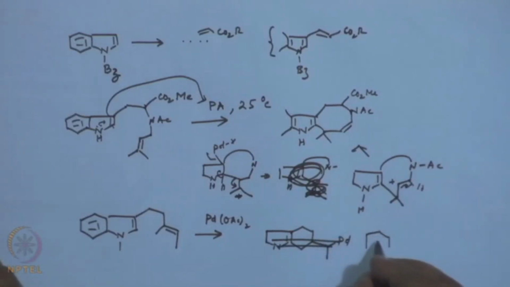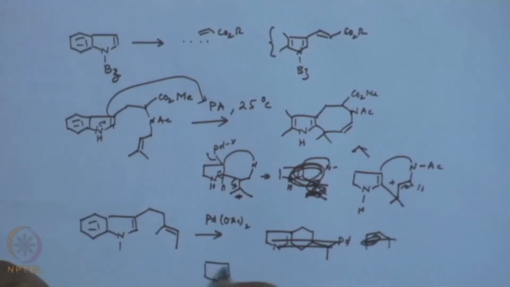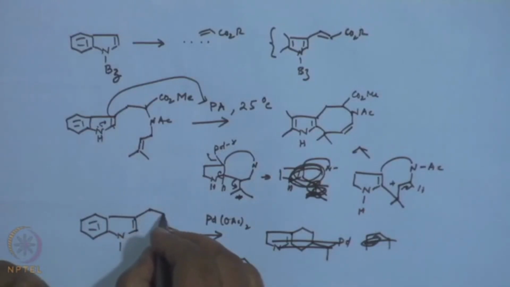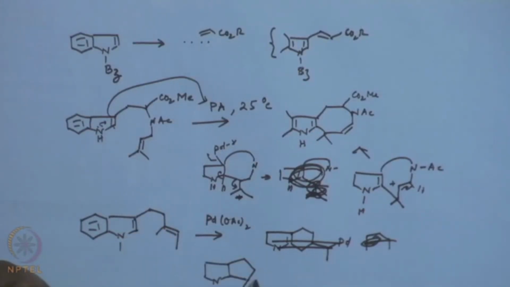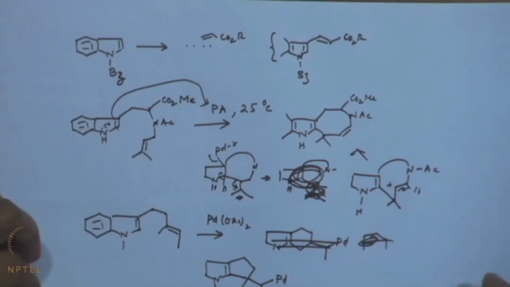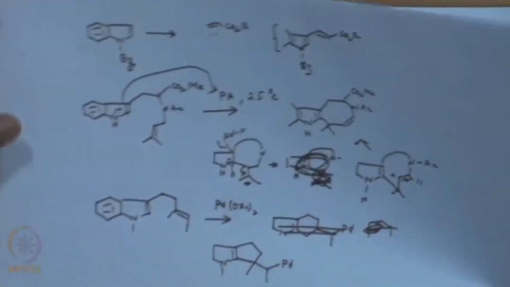It should be 5 membered, then again 1, 2, 3, 4, 5. So, it is a 5, and one can expect a palladium up here, right, and this methyl,